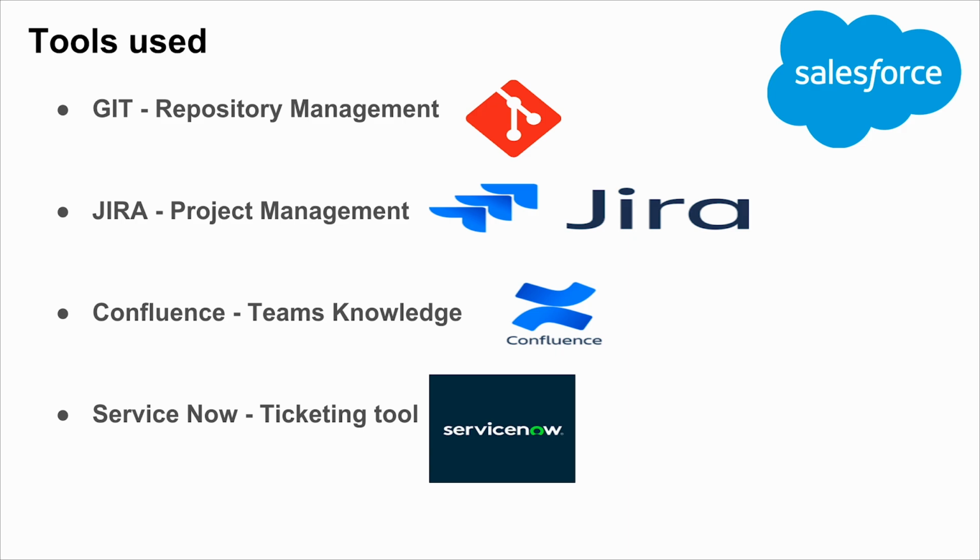Next, we also have a place where we can store the documents that we have drafted, like the technical documents, project implementation plans, and various information about the project. That can be stored in a place called Confluence, which also holds the team's knowledge information, nothing but all the related documents about each requirement that we have developed. Lastly, we also have a tool called ServiceNow, which is mainly used to raise production tickets and to track production bugs.